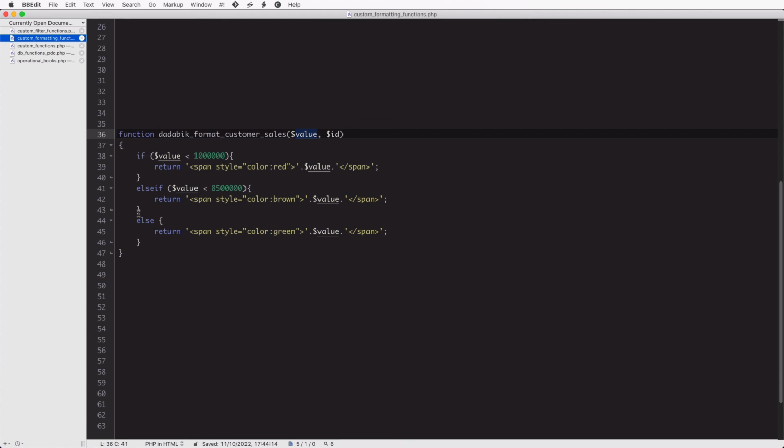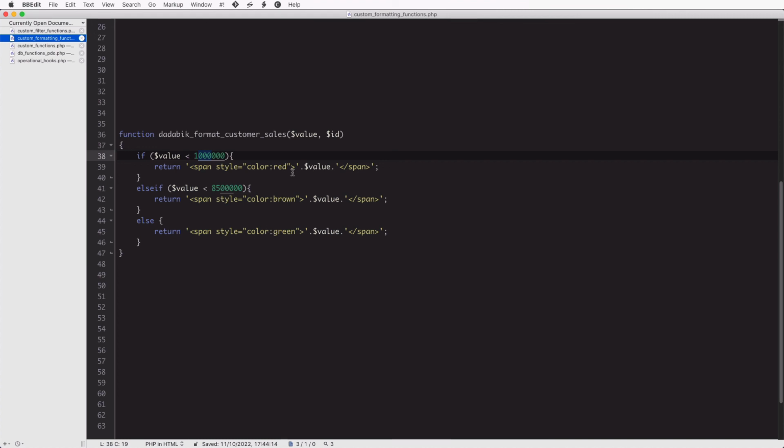So here I have a bunch of if statements saying that if the value of the sales is less than 1 million, then we want to display the value in red. If it's less than 8,500,000, in brown, or in all the other cases in green.